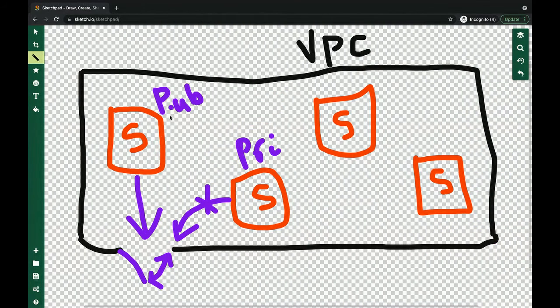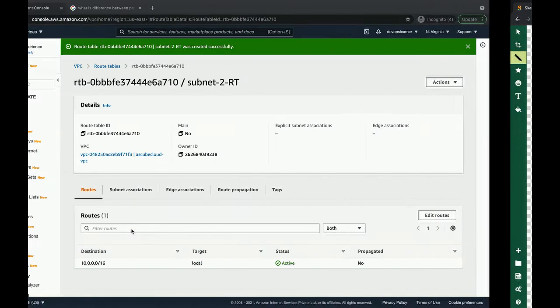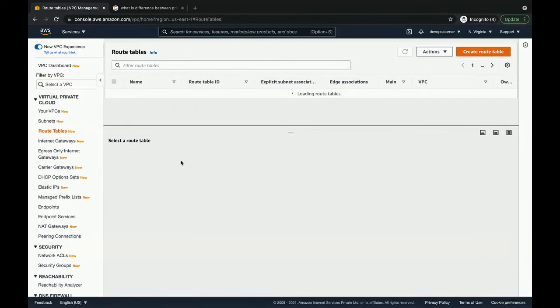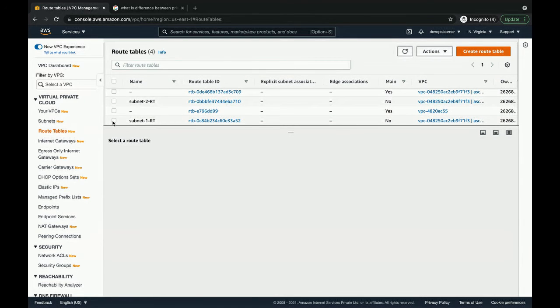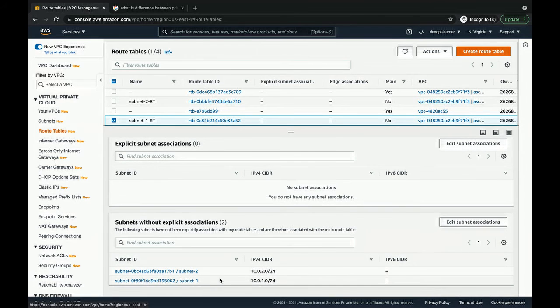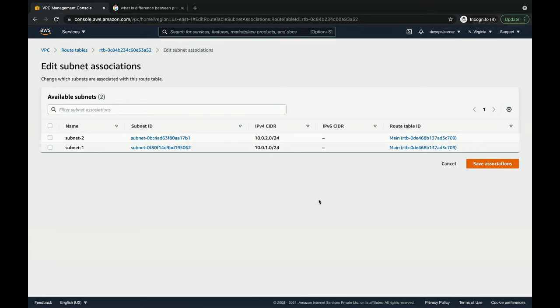To make sure subnet 1 and subnet 2, subnet 1 should have access to internet gateway. So what I'm doing, route tables, I'm going to search subnet 1 route table, subnet associations, and I'm going to remove subnet 2.